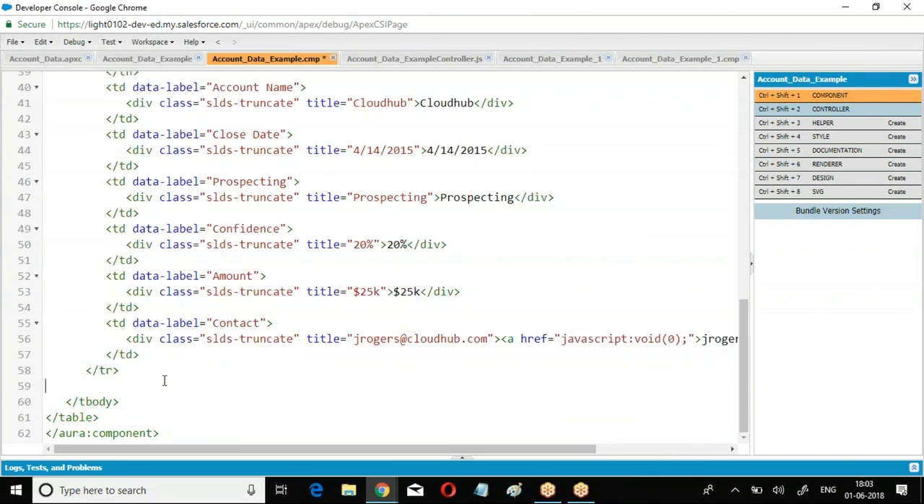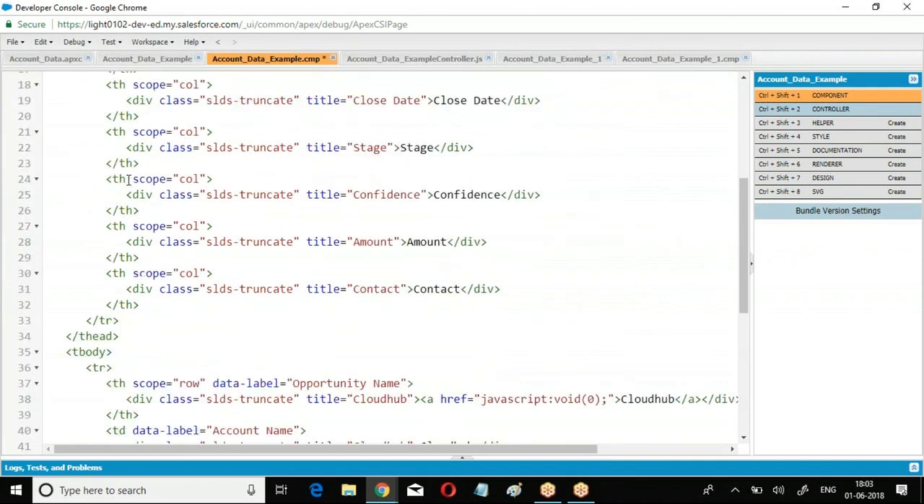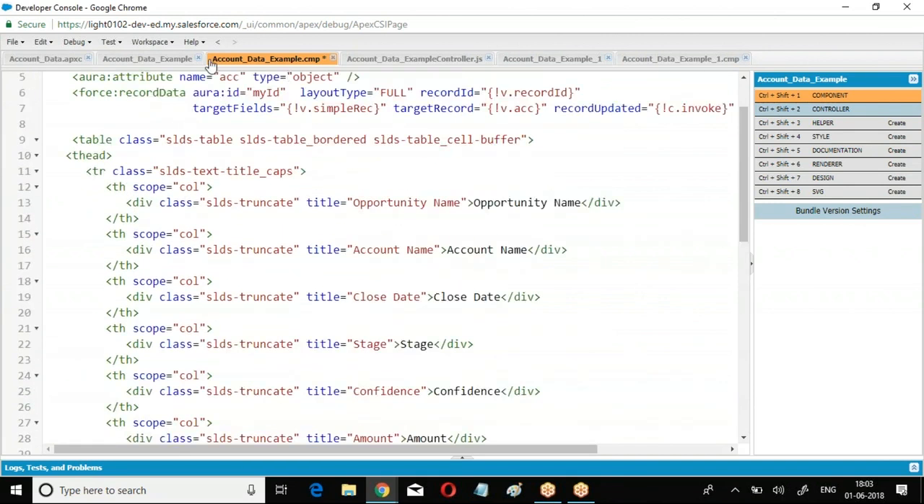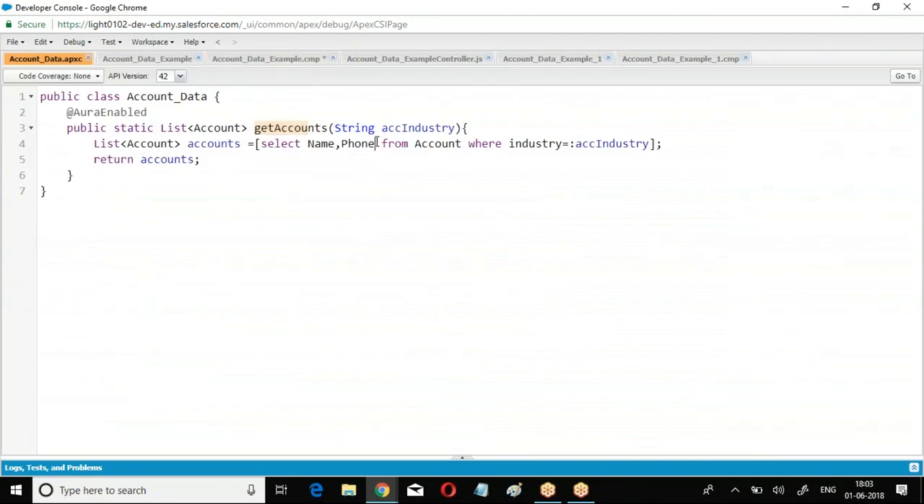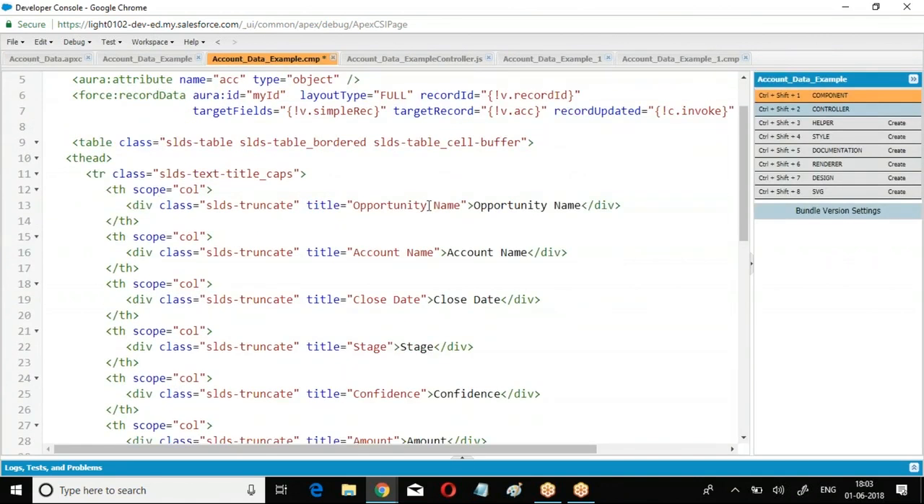Now we are applying iteration. How do you apply iteration? What are the fields we have created here? Name, phone, rating, ownership, ID, name, phone, rating, ownership. Okay, so let me display the same data. So what I am taking here,